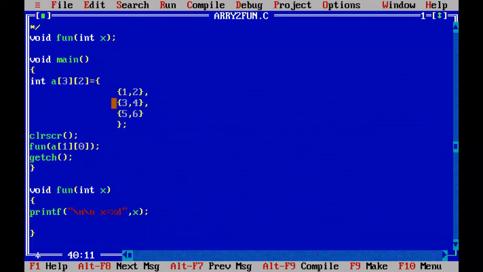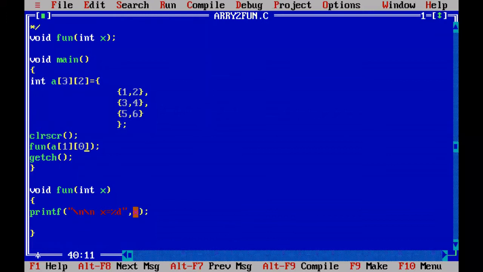It belongs to the second row, and the first column is represented with 0. So we are representing 3. When you call the fun function along with this argument, with this index, that 3 is passed to x and the function is called. When the function is called, printf is used. Printf will print the x value, which is 3.